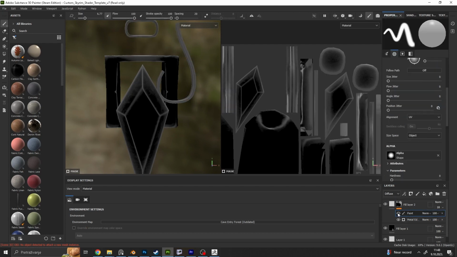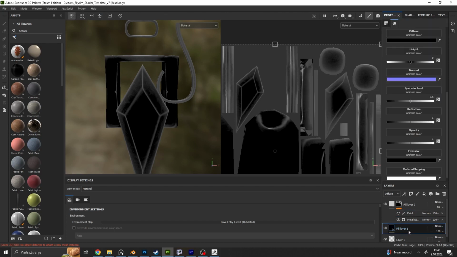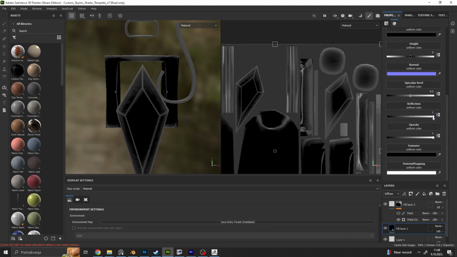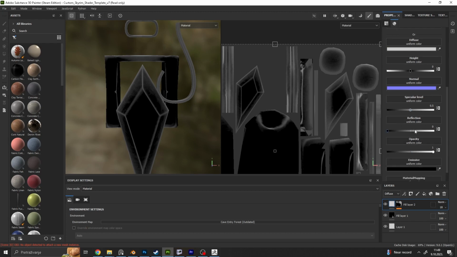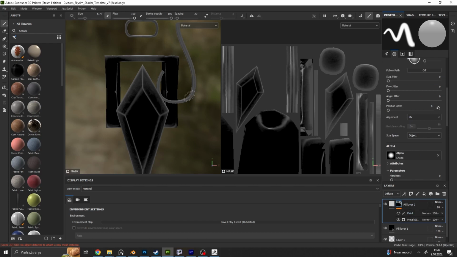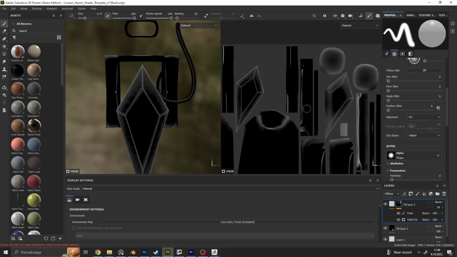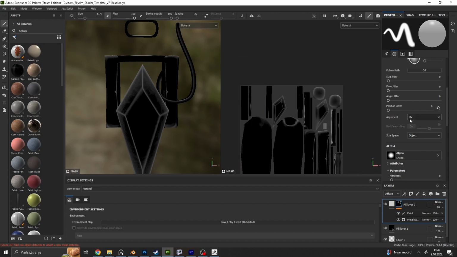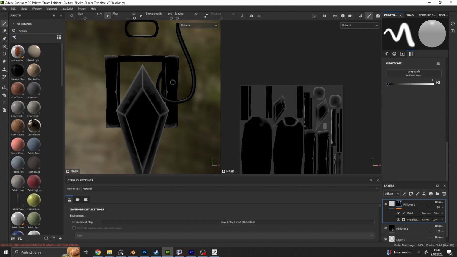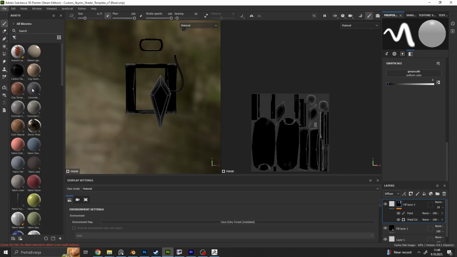But you need to also add, you see, if I remove this paint mask, you can see that it also adds white to this. But if you click on your black mask, you can see that I put reflection to 1. That's like 100% reflection. So it's going to reflect everything you see. But if I just leave it as this, you see that this white layer has no reflection. Maybe I could just add a tiny bit of reflection to it, but nah. So white is no reflection. If this part, like a hook, is white, it means it will not reflect and it's going to be completely white, and I don't want it. So I added another paint layer and I painted over these parts that I wanted to be fully reflective. So in any way, once you do that,